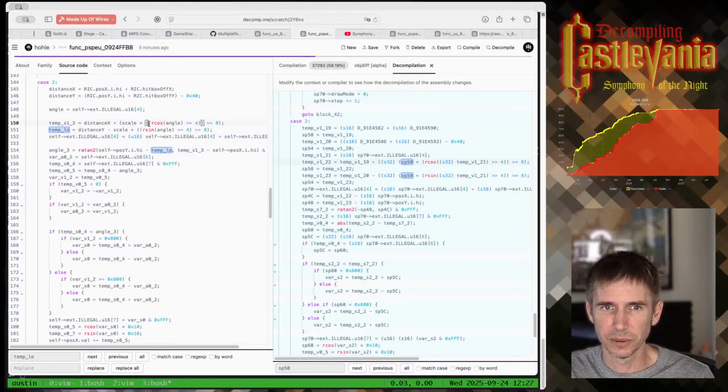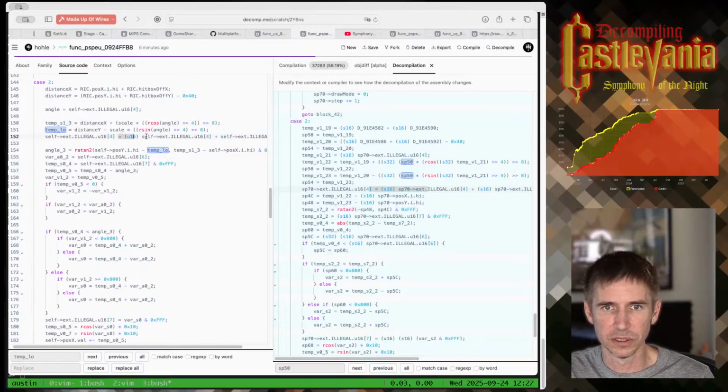So following along, we have the cosine and the sine, then this plus equals, then